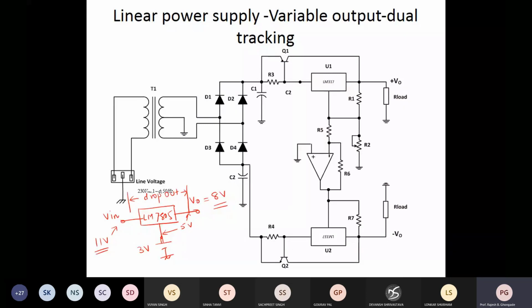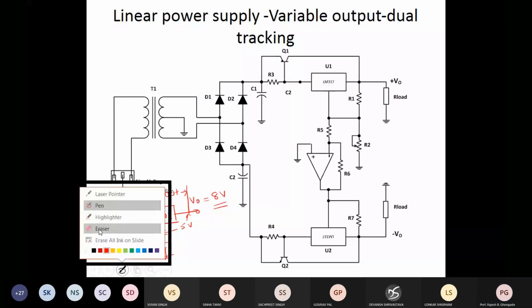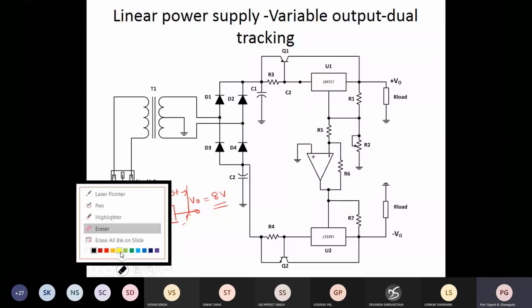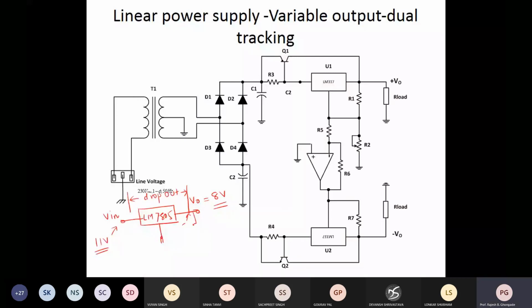So it's not necessary that it is always going to give you 5 volts. It depends on how you connect this to ground. In fact, this kind of regulator, you can make a variable one also by simply connecting a resistor like this and tying it up here. This will make sure that you can adjust the output voltage also.